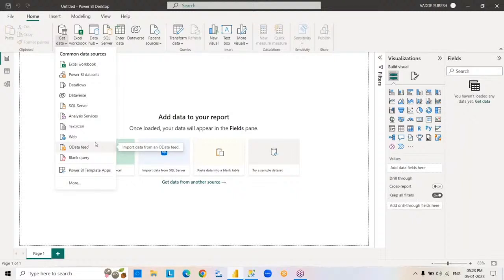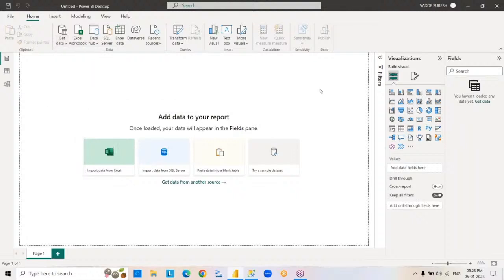In the same way, before going to copy data from this source, we have to